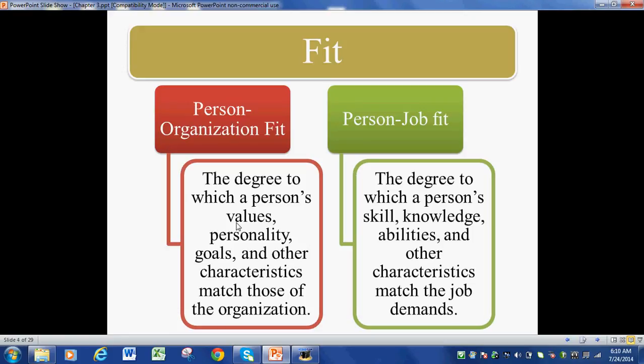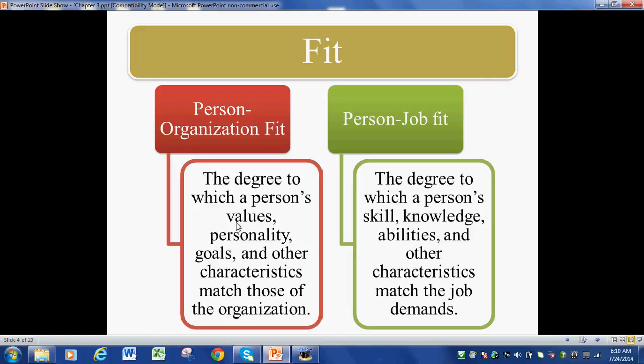So fit. Are you a good fit for your organization? Is the organization a good fit for you? So you have person-organization fit. The degree to which a person's values, personality, goals, and other characteristics match those of the organization. Maybe you are a great fit. Maybe some individuals are not, and they're just faking it till they make it